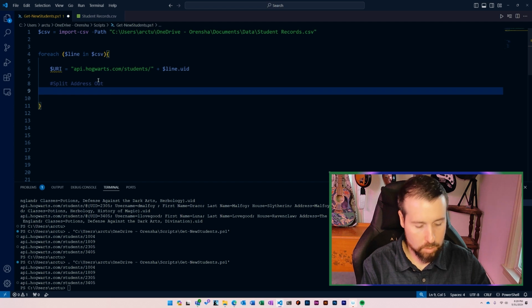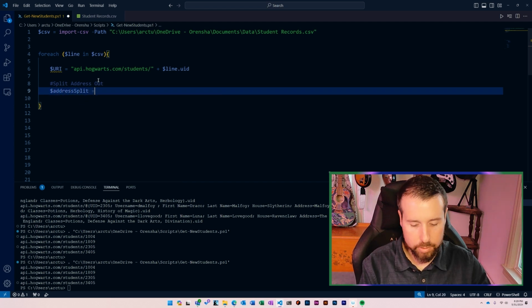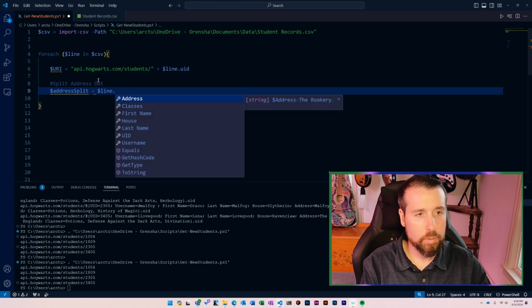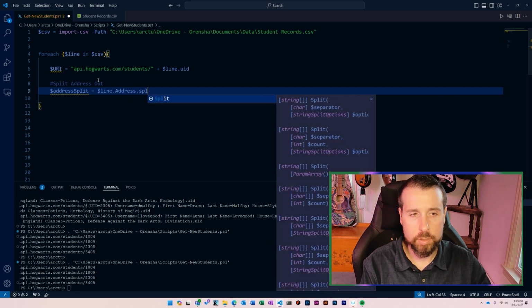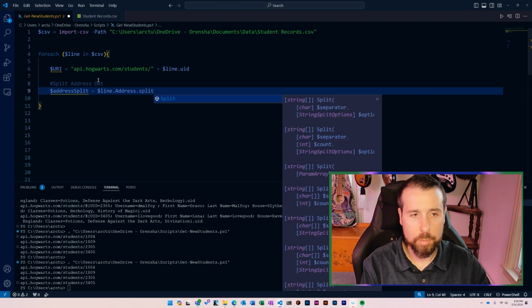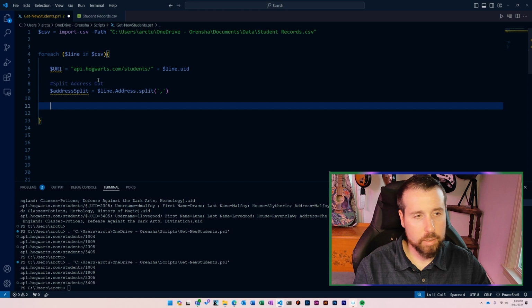And to do this, we're going to make a new variable called address split. We're going to assign that to the line variable .address to get to that property. And then we're going to use the built-in split method, and we're going to split on comma. So we take that and now